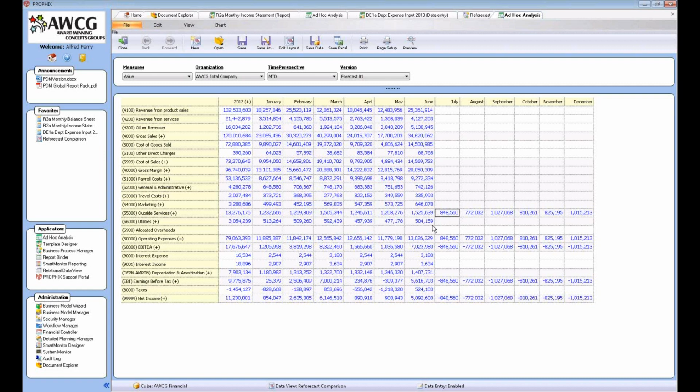So that's just an example of how you can go about creating a reforecast version. Very simple. It takes a matter of minutes to set up. Same thing with the allocations. So historically, creating a reforecast has been very